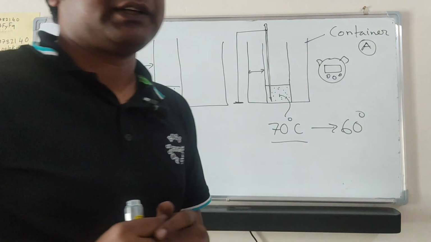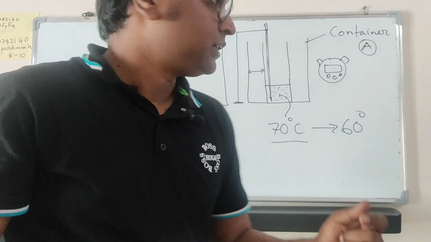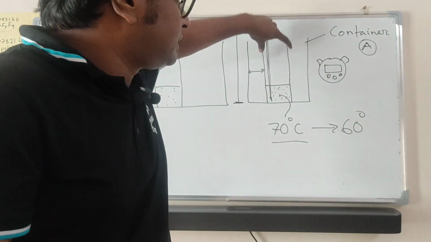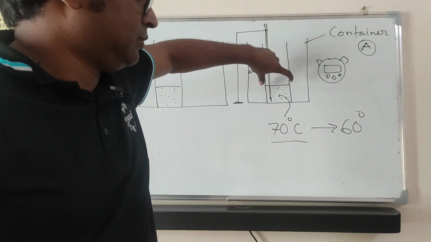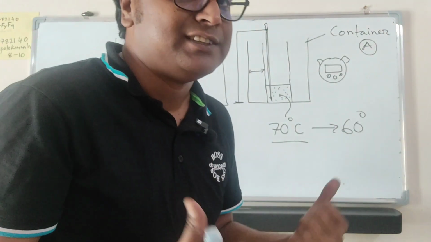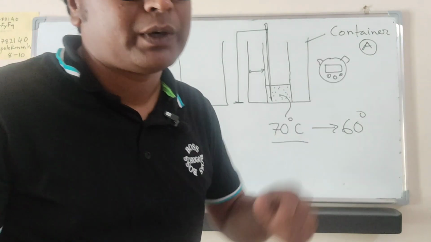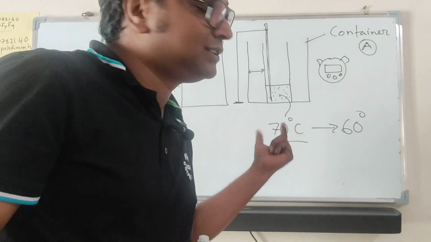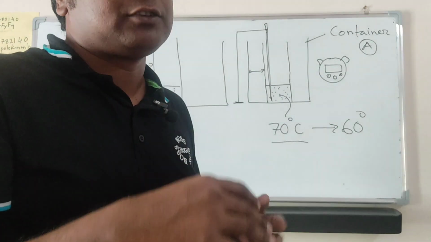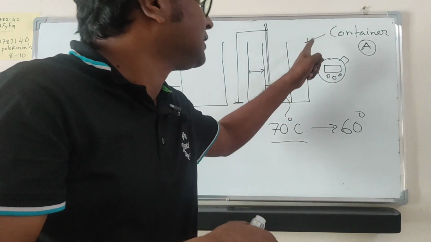if I change the container's diameter, taking a little bit larger container compared to this, then again I do the same thing, take this small metal container, or measuring cylinder, which is metal so it can transfer heat easily. Inside there is hot water. Again the temperature is 70 degrees. We pour the water over there, and observe what time it takes to fall from 70 to 60. Then we again change the container